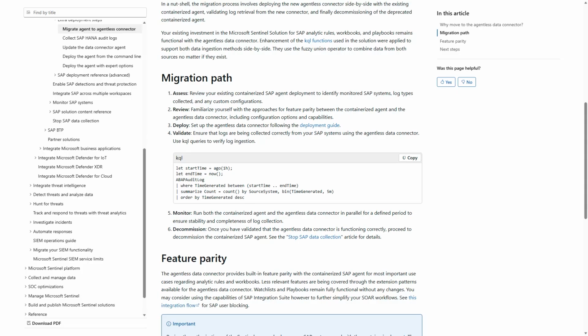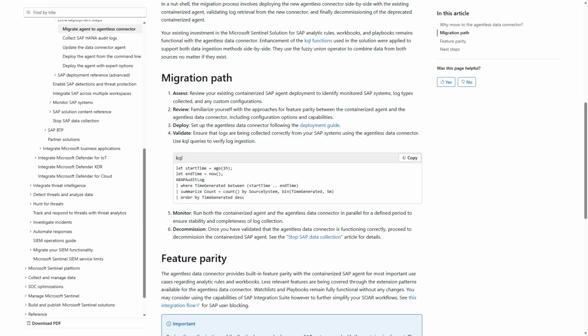And that's in the ideal world, and you've already migrated. Of course, there can be customizations that you did that you need to cover, but those surface in the assess phase and the review phase of your migration path. And then, of course, now that it's all pushed, you can configure again the time that we looked at, but it will show you all the log types and everything. You assess it, and then ensure that the logs are being collected in the same way.